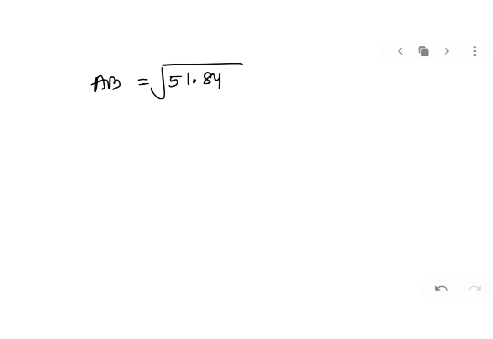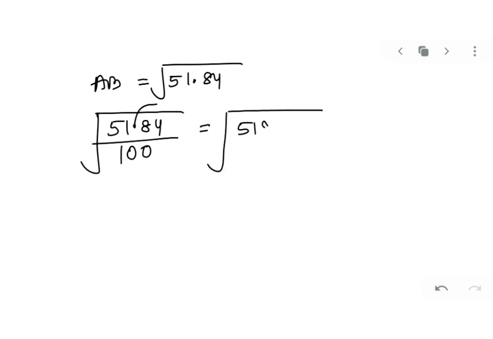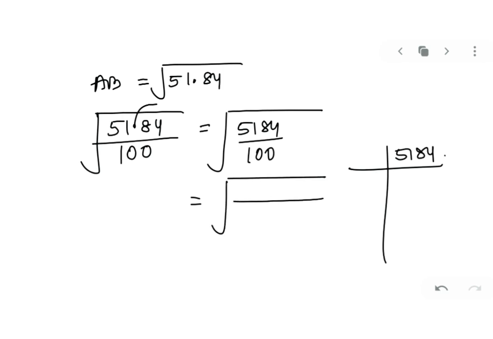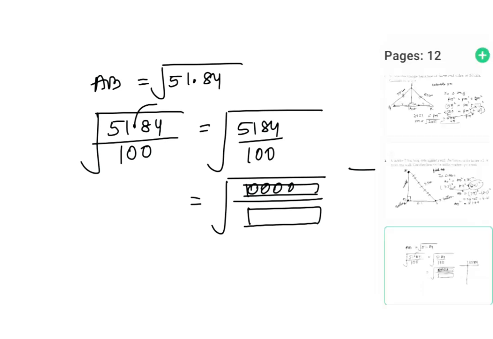So here, if you want to remove the decimal from 51.84, you can put 100 down and they are all under root. So now you have to find factors of 5184 and factors of 100 and make the pairing and free them from the root. 5184, you have to make the factors. Are you getting my point? Put it here into the numerator. 100 factors, put it here into the denominator and see to it which are making pairs and free them off. Are you clear with this?